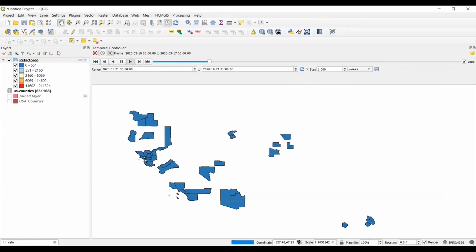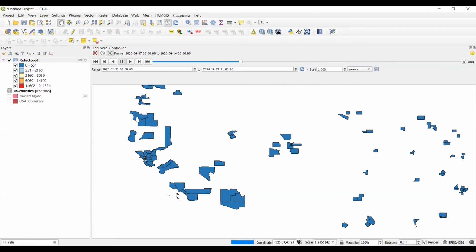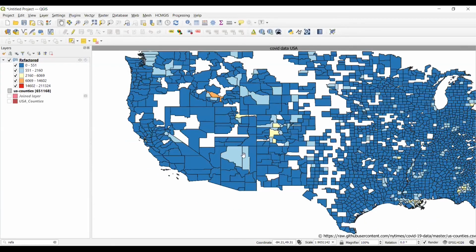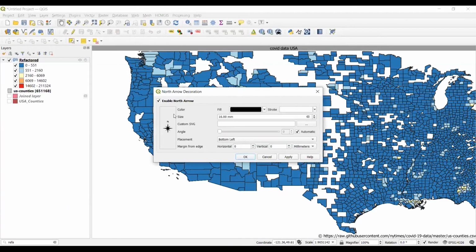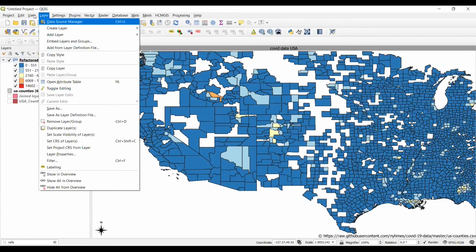All this gets applied once we stop our temporal. You can see now the copyright and the title that we could add. The way we add a lot of things to the maps, we can similarly add to this also. In case you want to add a north arrow, it will just add when I apply. Then if I want to add an image,